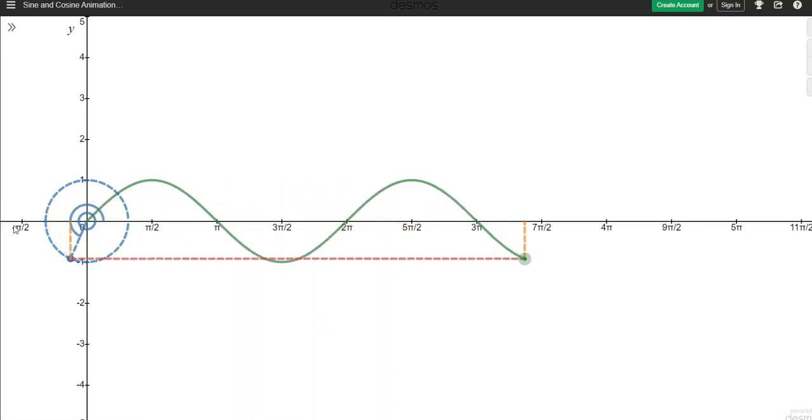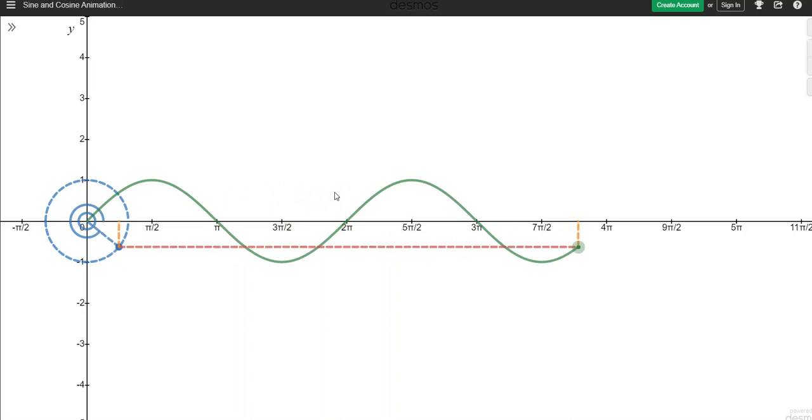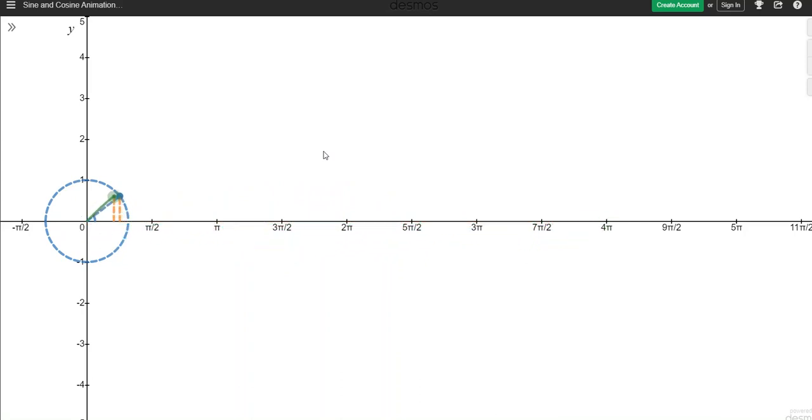You don't see it going to the left, but it does go to the left as well. It actually goes left and right forever. Its domain is actually all real numbers. It continues from left to right in either direction forever. So the domain is all real numbers, and we're just getting a nice smooth curve by going along our unit